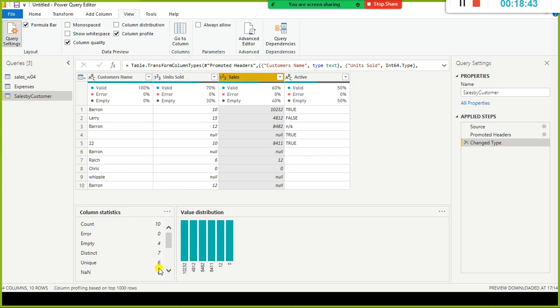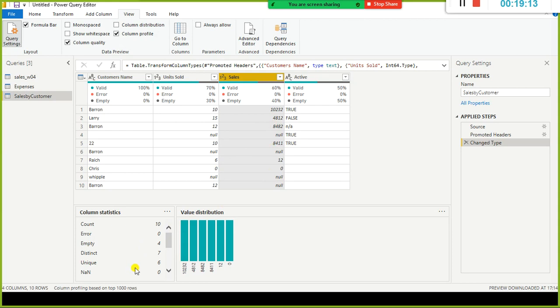And unique is 6. What is unique here? What is the difference between distinct and unique? In the case of unique, it is the total number of values that appear only once. Here the null appears more than one time, hence it is disregarding that. So excluding null, we have 6 values, unique 6.